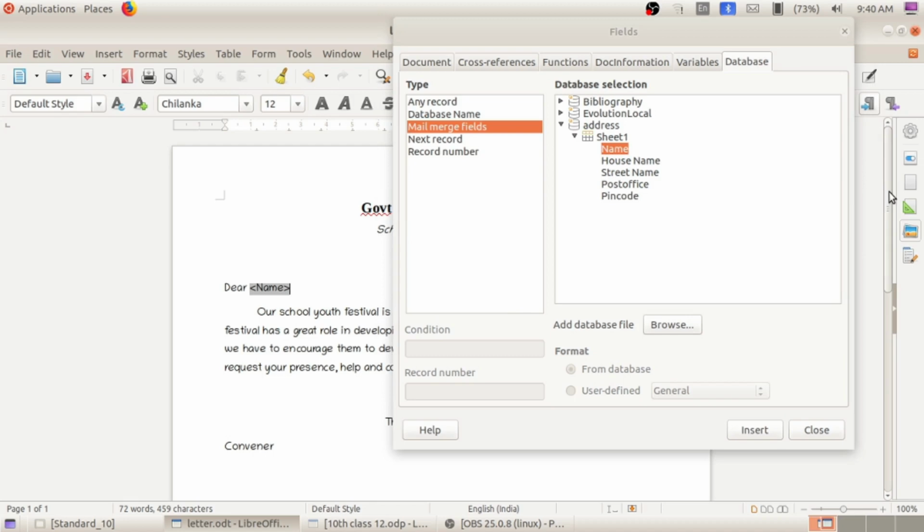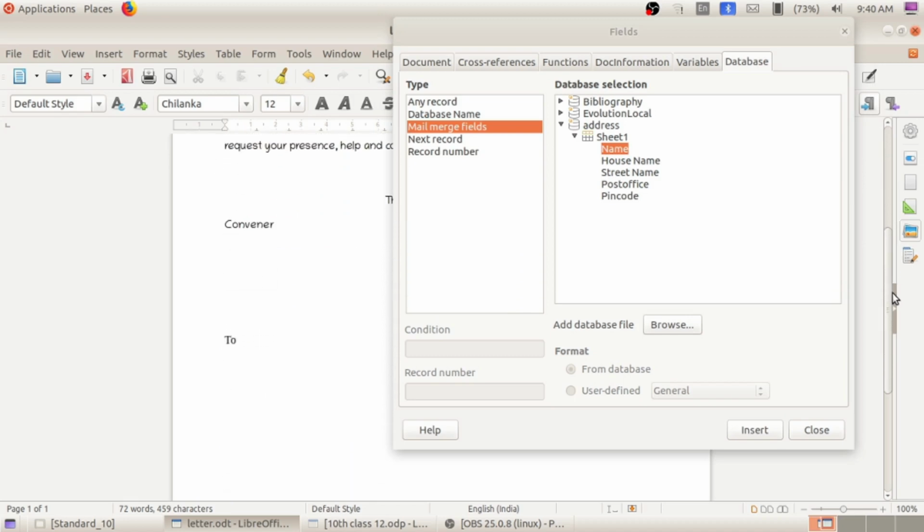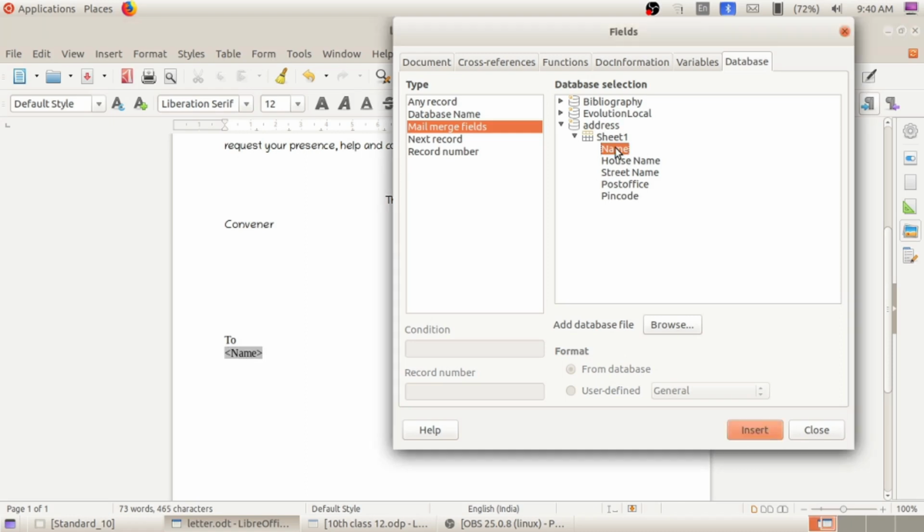Then next, just scroll the letter down. Here we can see two options. Here also I want to enter the name, house name, street name, post office and pin code of each parent. So place the cursor where you want to enter these things. Then go to name, just double click. Either you can click on the insert option or just double click on the field name.